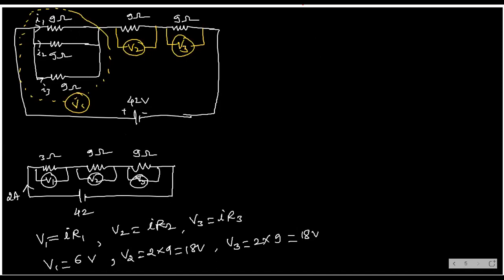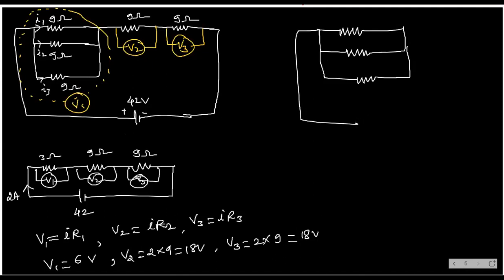Now again I am coming back to this point. So here now, just taking these 3 resistors, listen carefully. I am connecting only one battery, that is V1. V1 potential I am connecting here so that I will get some current. This is I1, this is I2, and this is I3. I don't want the total potential now, because across these 9 ohm resistors you are getting V1 only. And V1 is how much? 6 volt.